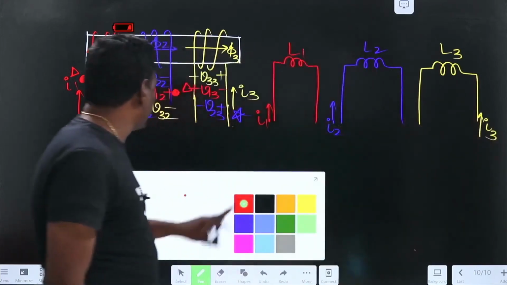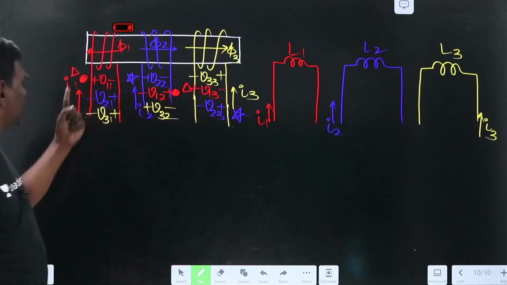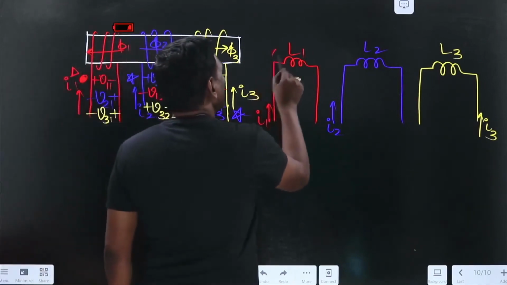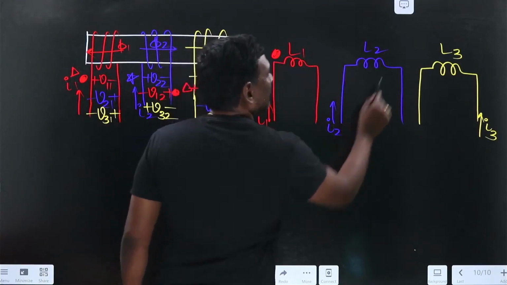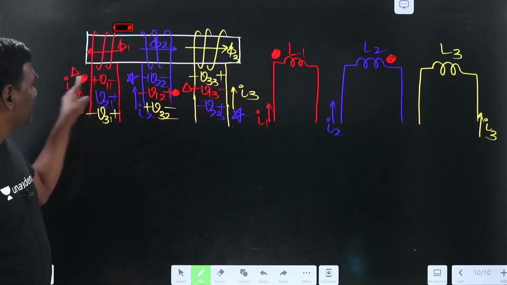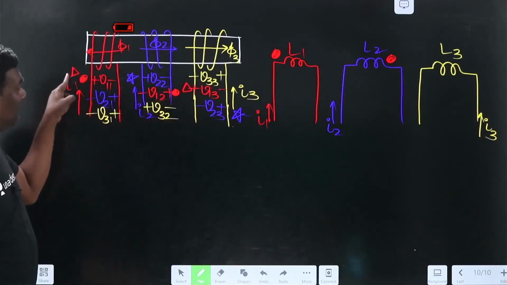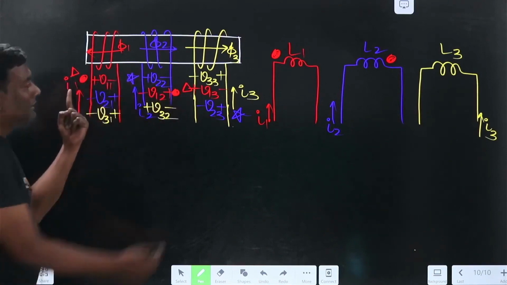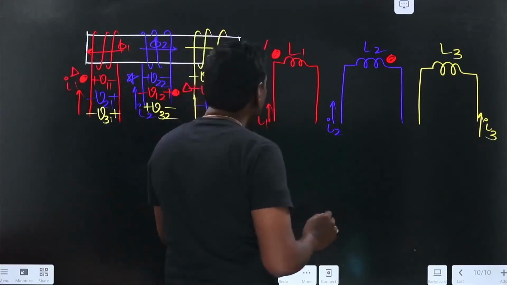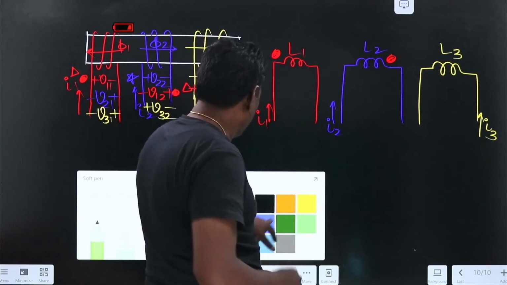Now let us keep dots. Circle, second one circle. First one circle, I1 entering, second one circle, I2 leaving. So this is going to be circle, and this is going to be circle. See guys, red, red. After that, the triangle, red, red: this is the entry point, this is the exit point. So see here, let me use different colors here, star, star, let me use a different color.